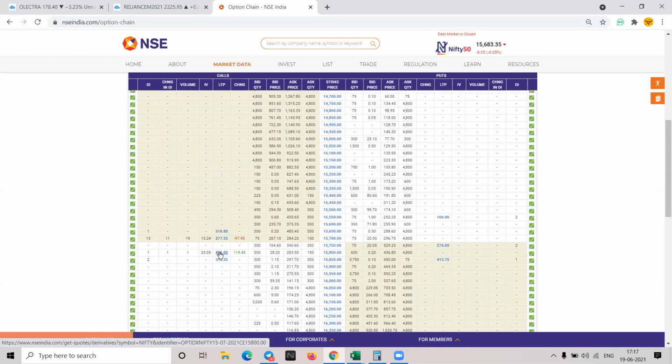If you look here, the LTP at 15,800 is 310. These scenarios will be there in the far away expiry. There would be certain price changes. So if somebody is selling at this price, and Nifty is not going above it by like 400 points, this option seller will always be in profit. You must calculate what is the maximum move Nifty has given in 1 month. Nifty hardly gives a maximum of 500 or 600 points move in 1 month. After that there would be corrections, there would be a lot of things.